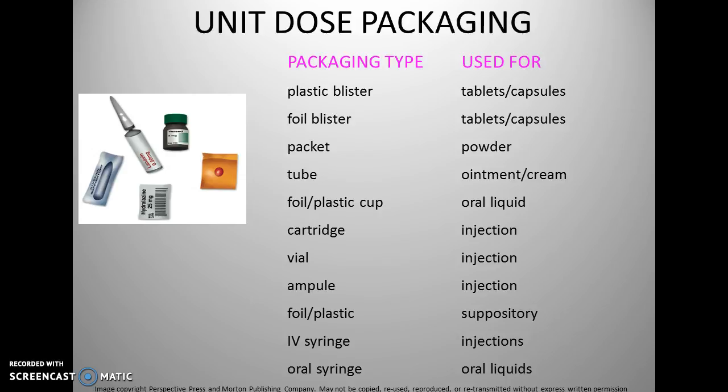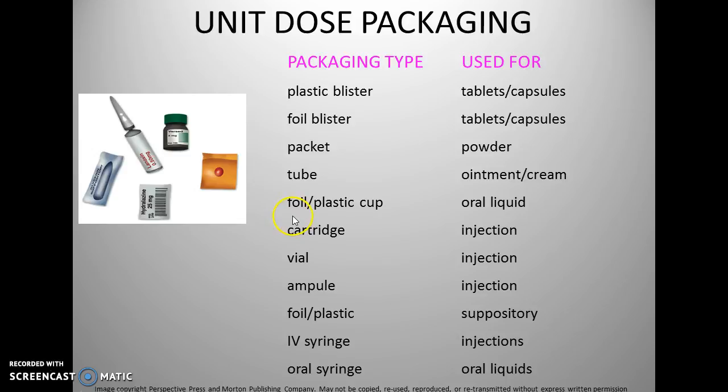All right, unit dose packaging can come in many different ways. Packaging types such as blister, plastic blister, tablets, capsules, foil blister, tablet capsule, packets that you see here. This is a plastic blister right here. The package, you have powder, you have tubes, ointment creams,